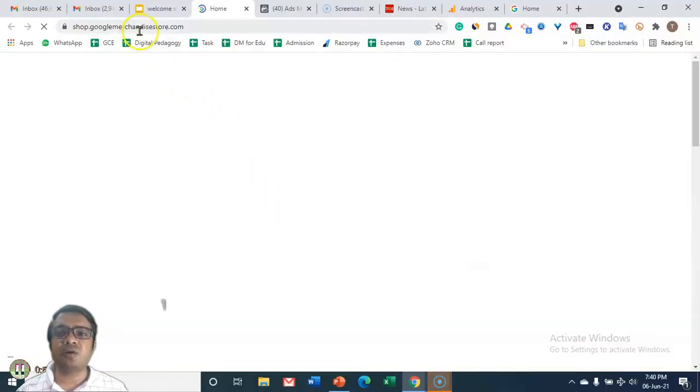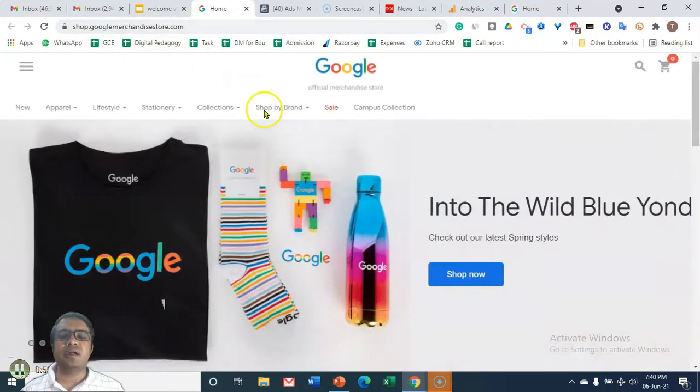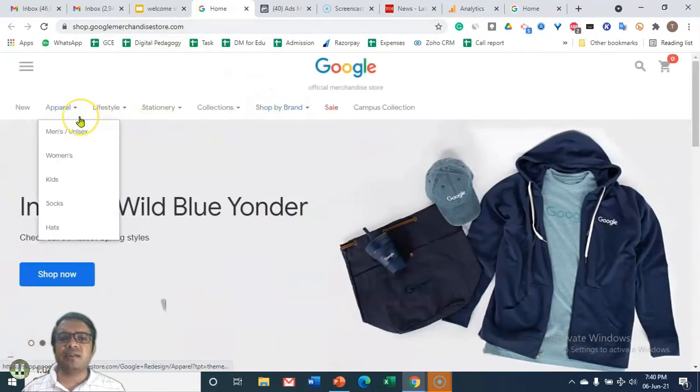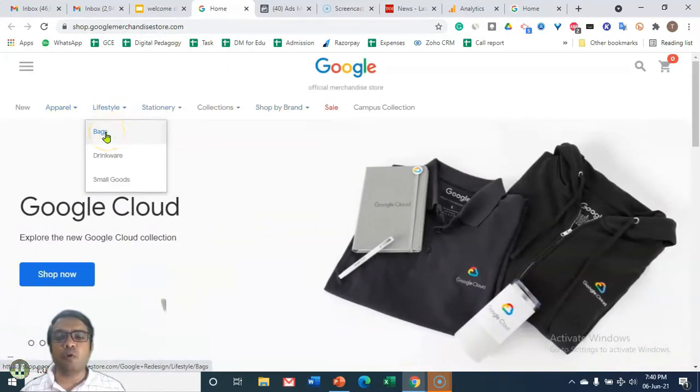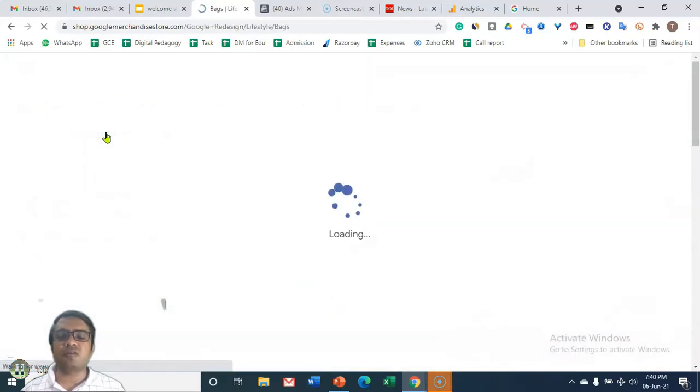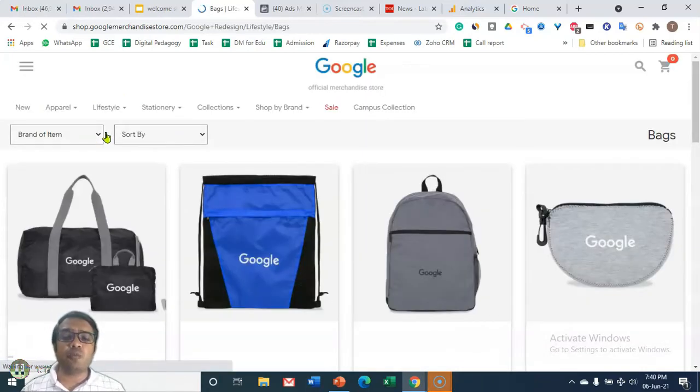So here we are on a website, the Google Merchandise Store. For example, this is a website we have created, and you want to know on which pages most people are coming, or from where they are coming, what kind of demographic are coming. Demographic means what is the age profile, which kind of customers are coming to my website, what is their age, from which city they are coming, or which devices they are using to come to my website. Are they using mobile or desktop? So much information we can look for.